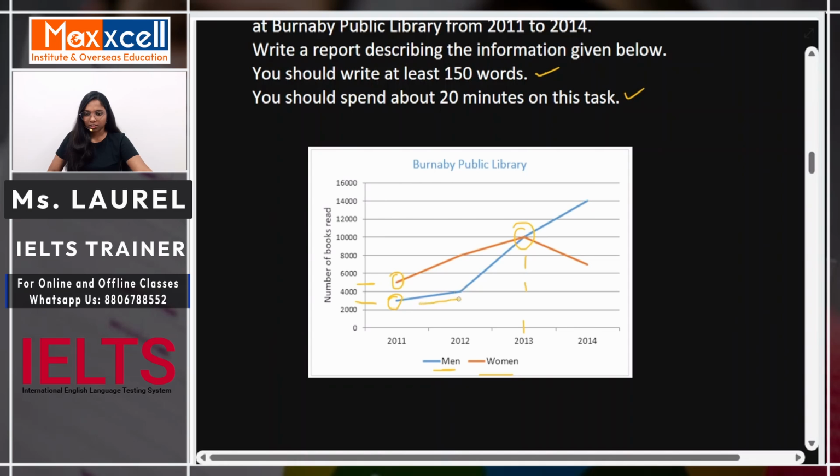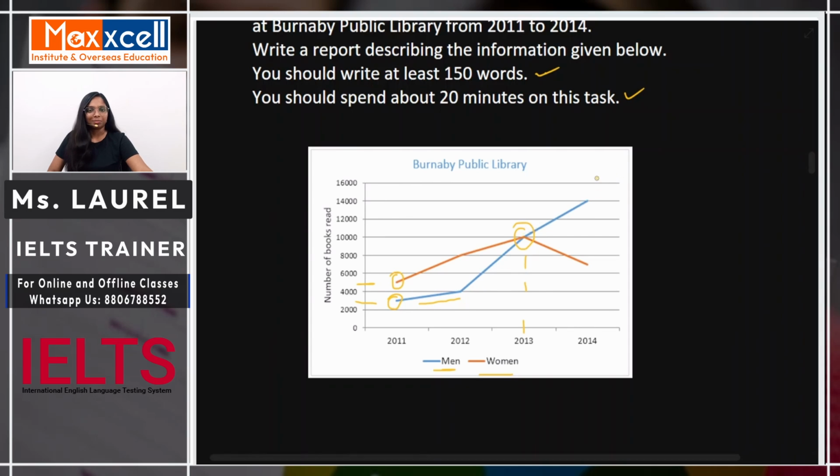There was a certain level of increase, and then there's a sharp increase, and then followed by a complete rising trend, whereas in case of the orange one we see that there's a rise here and then there's a decline. Correct? So these are all the main points. So what will be the main points here? One will be that